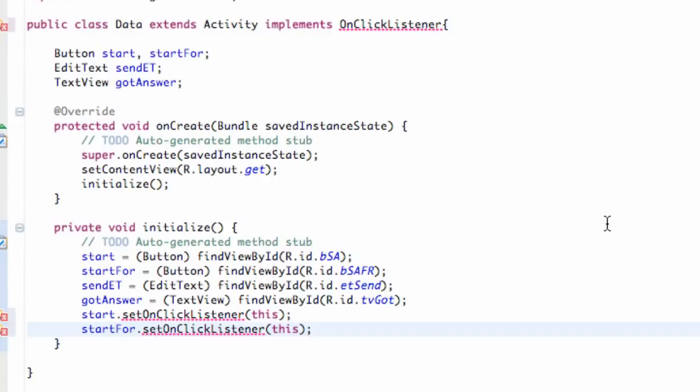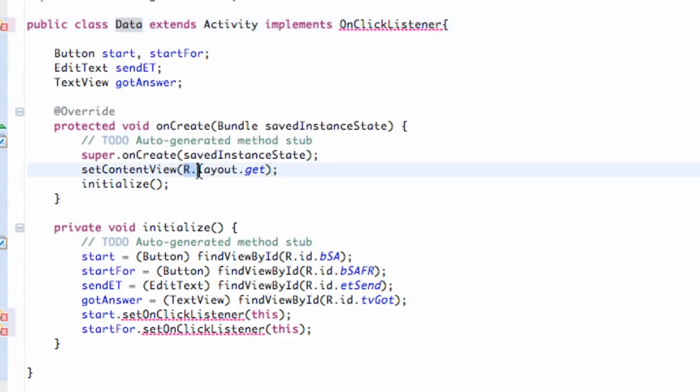What we're going to do in this tutorial is I'm going to tell you about the OnCheckedChange method, but first I wanted to make sure you guys got everything set up because I forgot that you guys probably want your variables the same as mine. So here's my data class. Set up two buttons for the start activity and then start for result, the text view, or the edit text